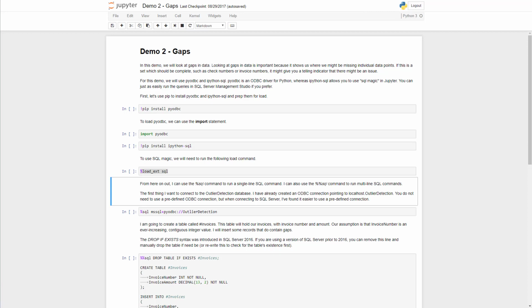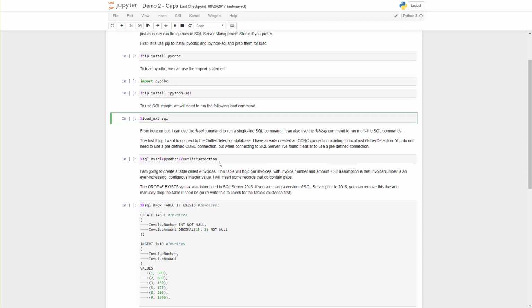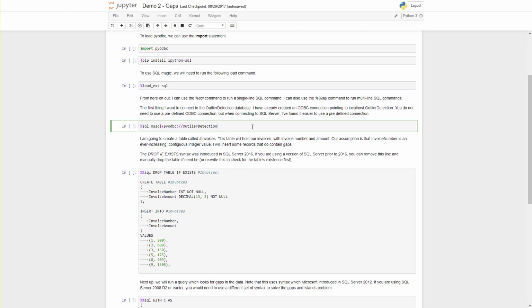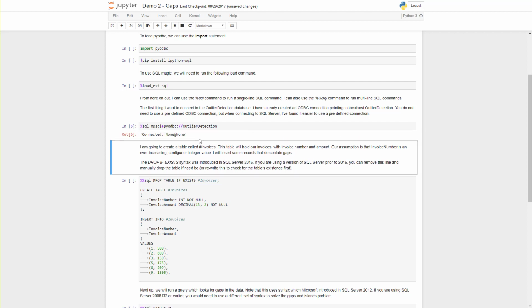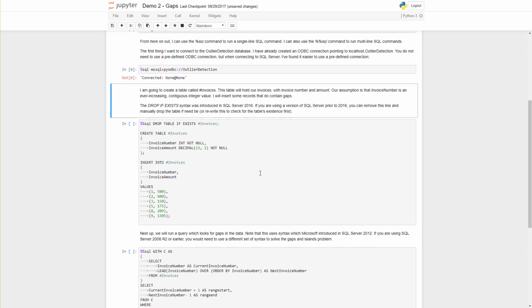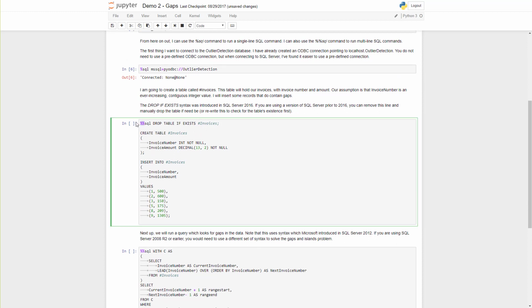Let's now look at gaps in our data. For this demo, we're going to once again use a Jupyter notebook. This time I'm using Python as the language. And specifically, I'm using something that's called SQL Magic. SQL Magic comes from IPython SQL. So this is a Jupyter Notebook extension that will allow us to write SQL statements and execute them. So I've already loaded the SQL extension, and I'm going to connect to a PyODBC connection called Outlier Detection. This will connect to the Outlier Detection database in my SQL Server instance, and will allow me to, by using